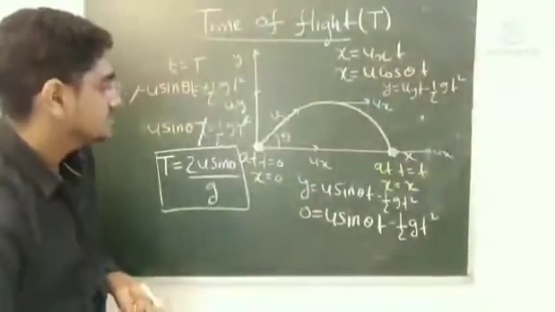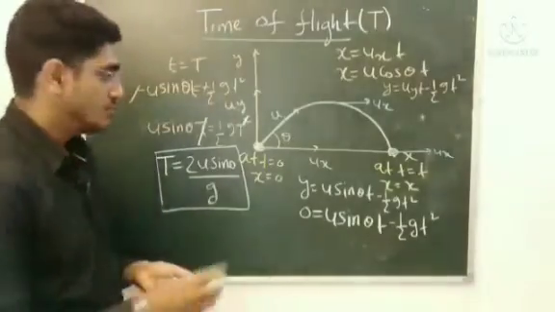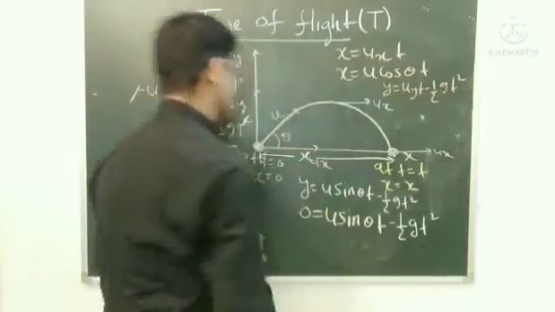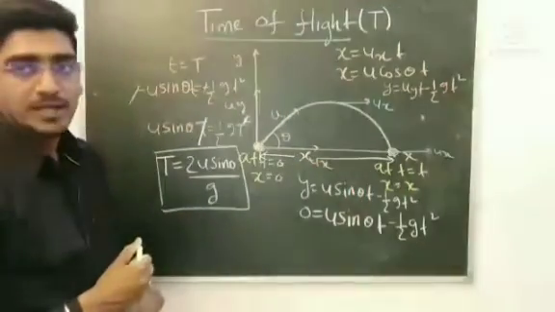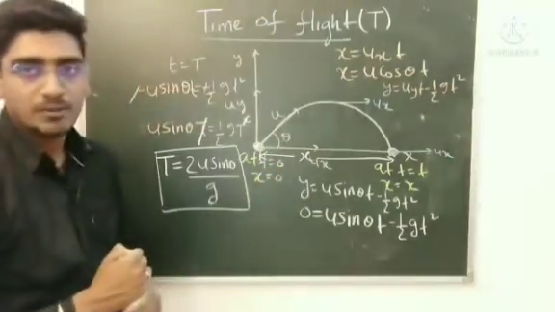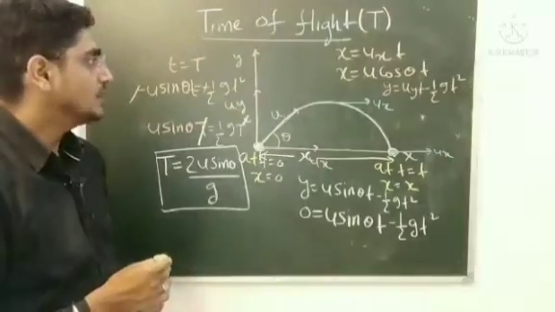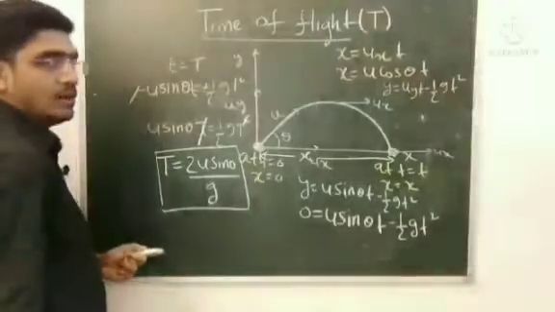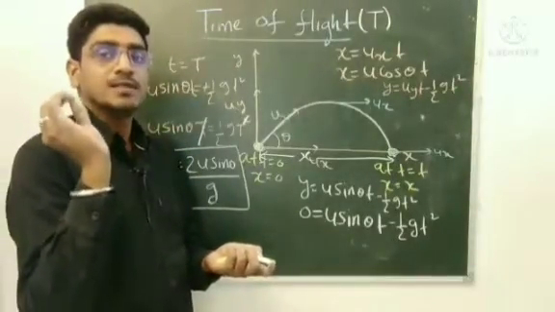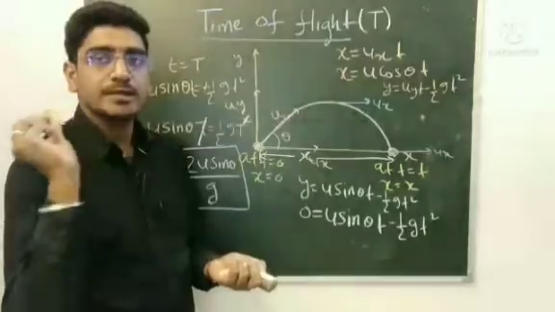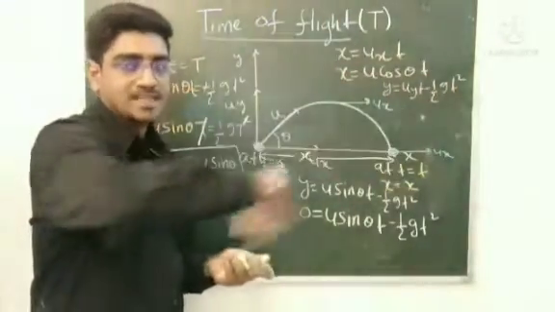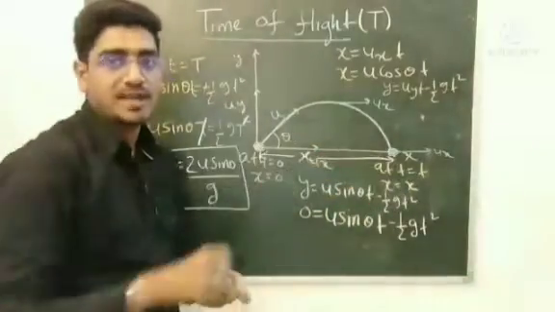Now the next term we call horizontal range. What is horizontal range? The maximum displacement along the horizontal component. The maximum displacement of the particle along the horizontal component is called range, maximum range. Okay, so let's find out the term range. What is range? If we throw any projectile, suppose we throw this small chalk, it moves a certain distance along the x-axis also. This distance is called maximum range.